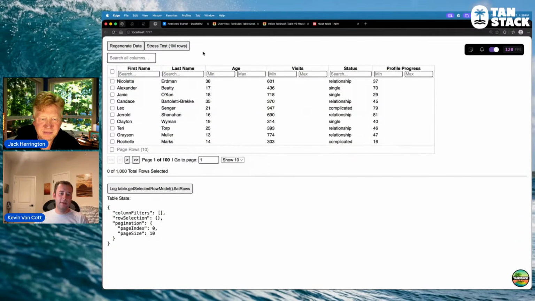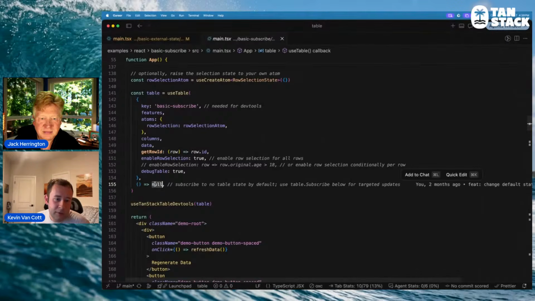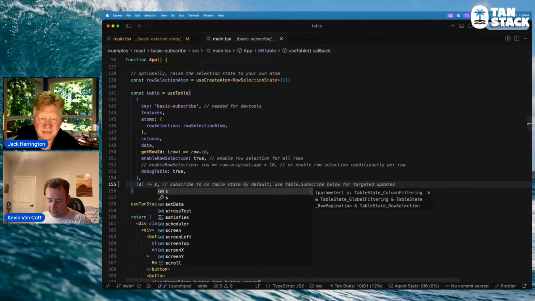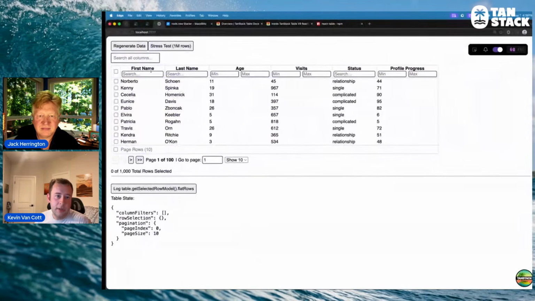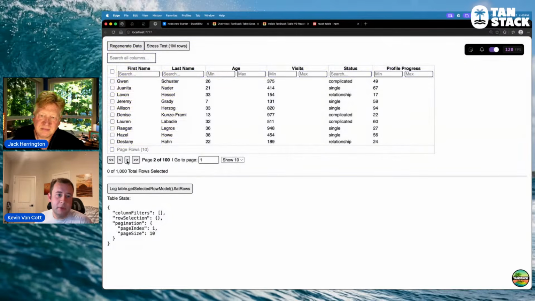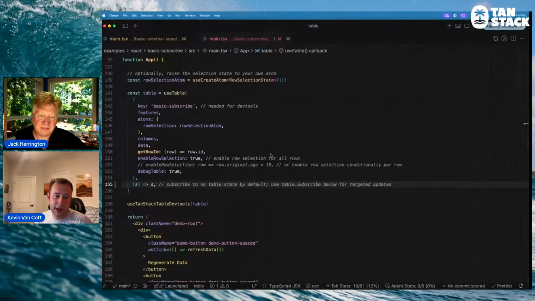So here's this example. Now, if we were to just do S to S, so just the default selector again, every time we do any kind of state change, the whole page is re-rendering again. You see up here, but